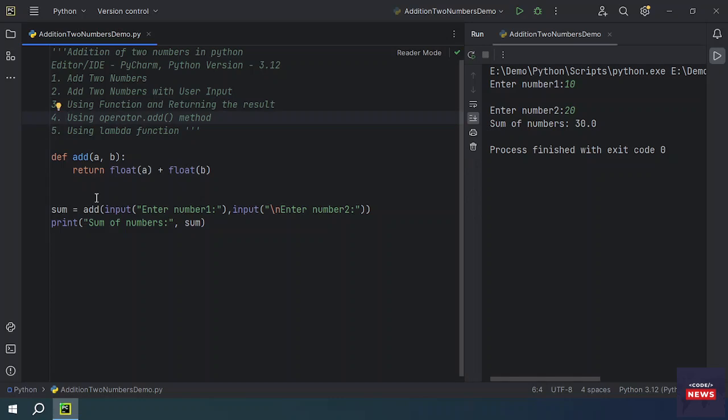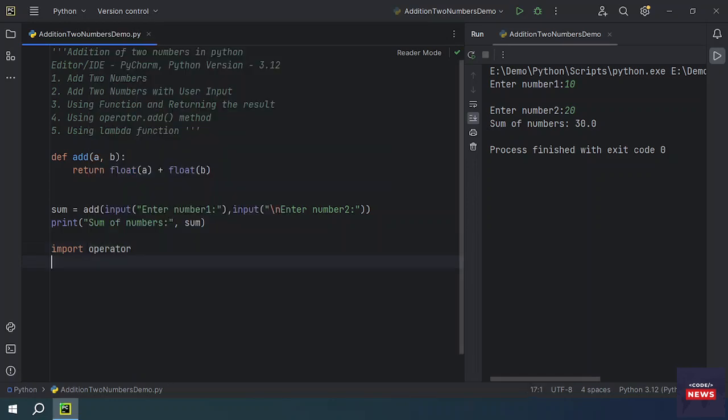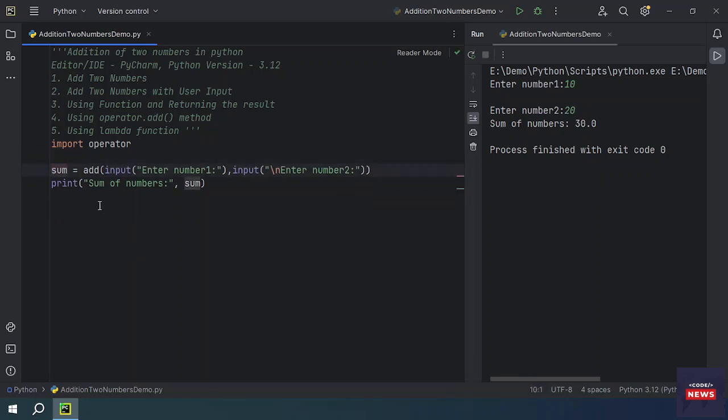If you want to see how we can add two numbers with the help of the operator module, so instead of creating this type of function, we can use an already created function from this module, right? This kind of add, sub, division, this type of function from this module. We have to import a module that is operator. If you see, this is a module. This module exports a set of functions. So instead of calling our add function here, we are just saying let's import it on the top so that we could use it. So instead of our add function, let's delete it first and then we can use